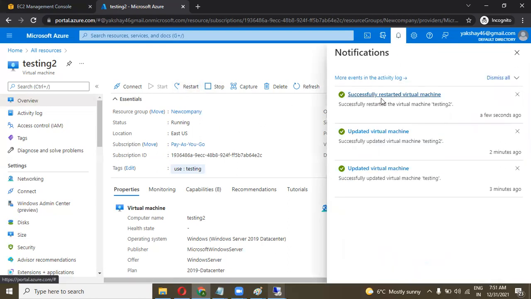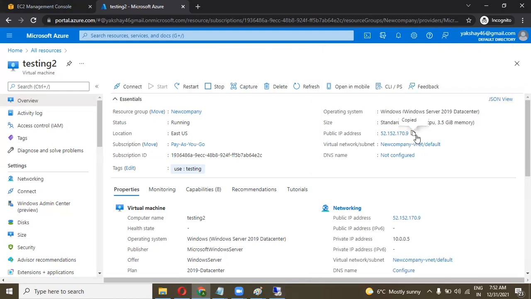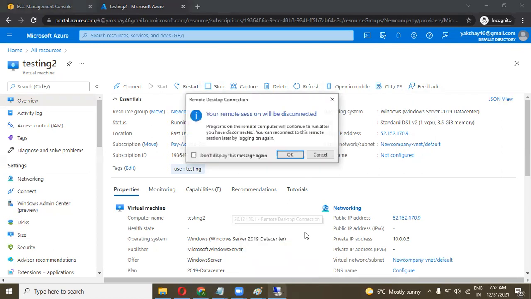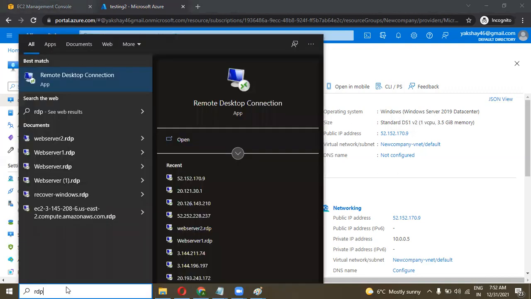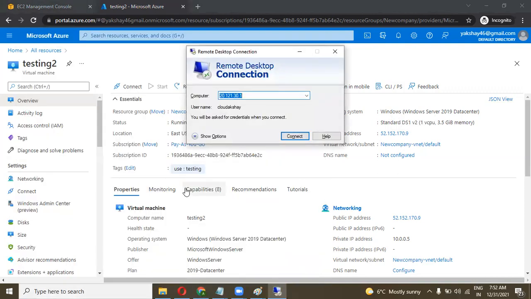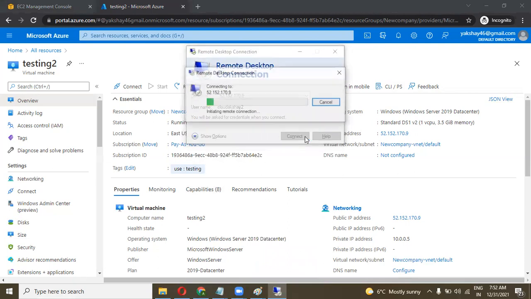Once the virtual machine is successfully restarted, let's connect with that machine. So IP is that, and RDP and connect.